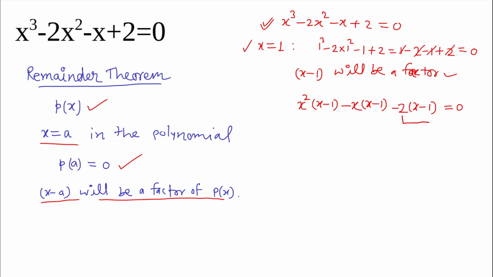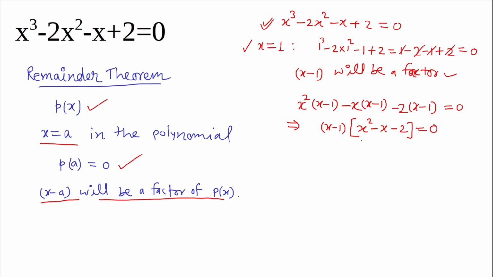When minus 2 gets multiplied with this minus 1, you will get plus 2, and you can check that it is the last term present in the original equation. So this way we could write the original equation into this form, and as you can see there are 3 terms and x minus 1 is a common factor. So let's take x minus 1 common, and what you will have is x square minus x minus 2 remaining here.